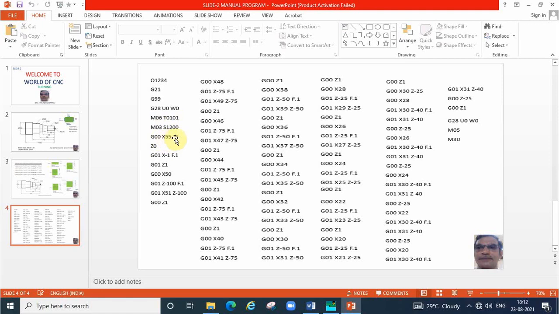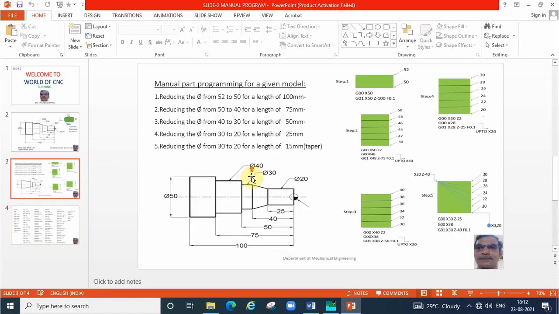That means, say now the tool is here, bring the cutter fast and keep the tool at this point. Say the raw material size is 52, just 3 mm above the work surface and then 5 mm away from the reference point, that means right side of the reference point 5 mm. Okay, there only we are keeping the tool safely.